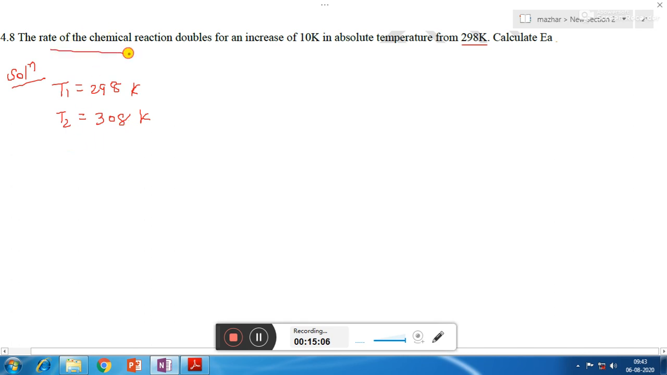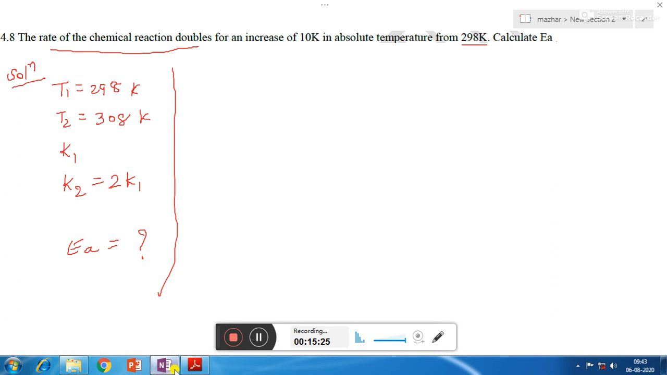Now the rate constant of a chemical reaction becomes double. So suppose initially the rate constant is K1, so the final rate constant K2 will be equal to 2 times K1. Now we have to find out Ea. Now which is the equation relating T1, T2, K1, K2 and Ea? So we are having the equation